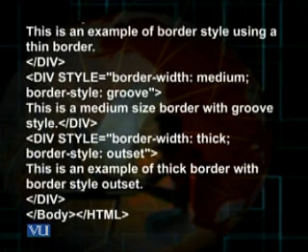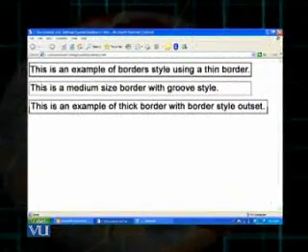And in the third div tag, inline style is used, border width thick and border style outset, and I have enclosed the sentence, this is an example of thick border with border style outset, and this third div is closed, body and HTML accordingly closed. And you just saw that it would create 3 boxes for us, which would be separated bottom wise by 20 pixels, and different border widths and border styles would be introduced in relation to these three different boxes.